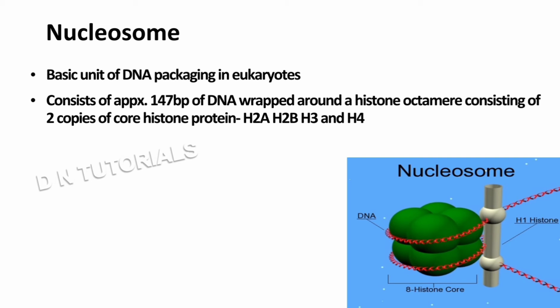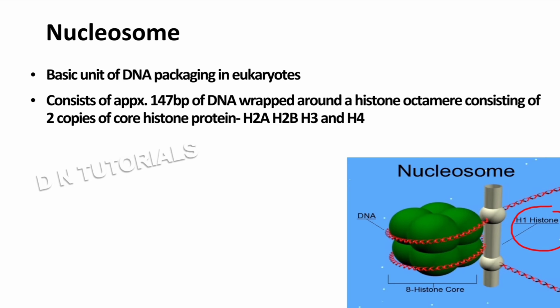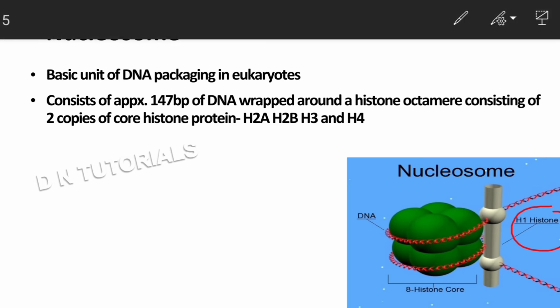Now along with the octamer and DNA, there is one more structure which is called H1 histone, which is a linker histone which is going to keep all the 8 histone proteins together. Right? It is going to link up the octamer together along with the DNA. Alright, now tell me, what is the need of nucleosome? What is the need of this entire complex?